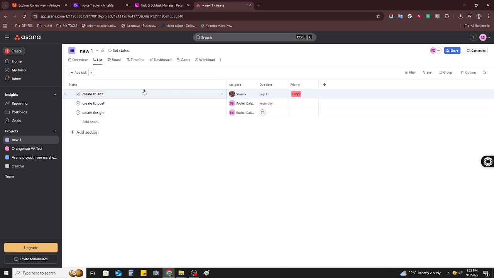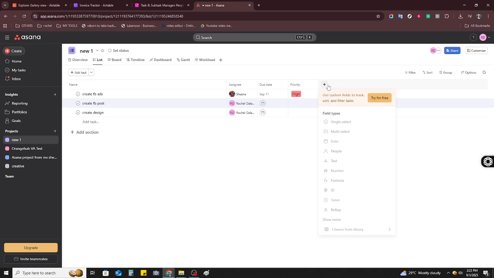As you organize the task, consider breaking it down with subtasks when needed. Click Add Subtask under the main task to include smaller, manageable actions like write copy, design graphics, or review draft. Assign these subtasks to different members if necessary, ensuring a collaborative approach. Finally, let's move on to tracking progress. Utilize either the board view or timeline